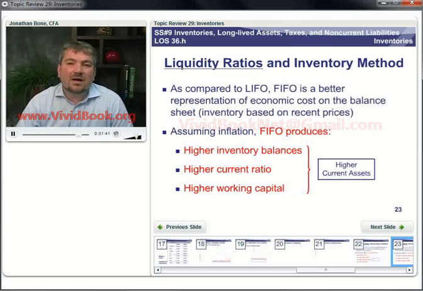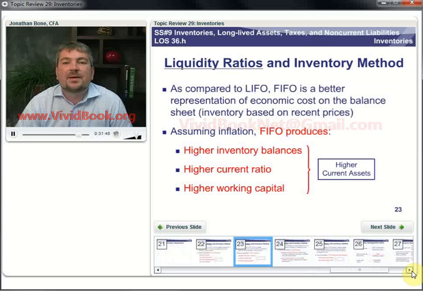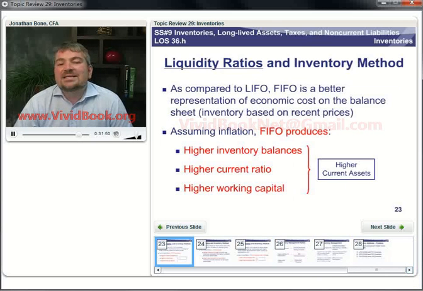Now let's think about our liquidity ratios. So our liquidity ratios typically are the current ratio, the cash ratio, etc. The acid test ratio as well. So essentially these are balance sheet based measures. Now the general rule, remember, is we like FIFO in the balance sheet because if we use FIFO, it means the ending inventory contains the most recent purchase prices and as a result is closer to replacement cost or economic value. So FIFO would give you the higher ending inventory, which means it would give you the highest